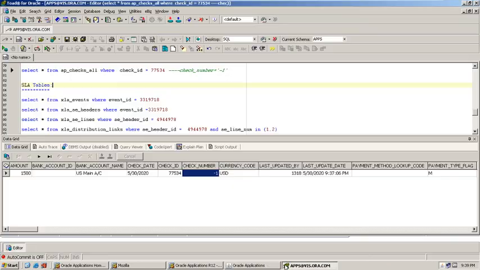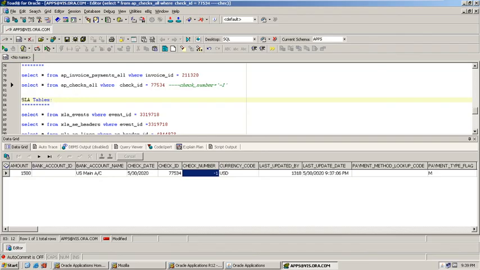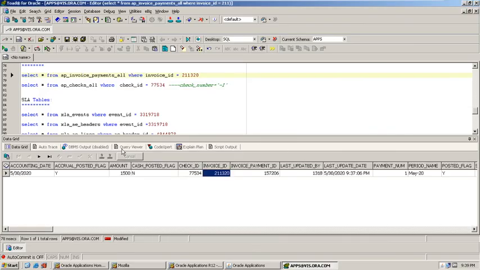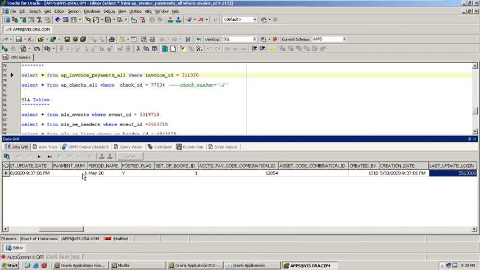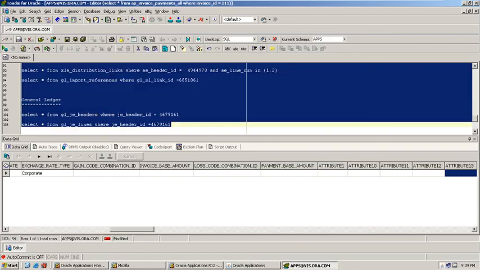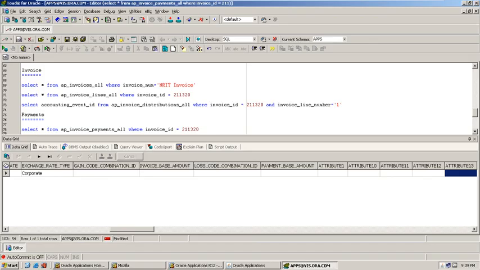Now you will see the same data in the accounting tables as well. How to join? In the AP_INVOICE_PAYMENTS_ALL table, you will see the accounting event ID. This is AP, this is invoice level.